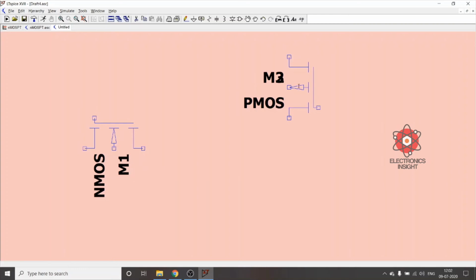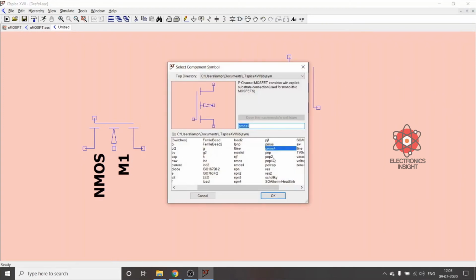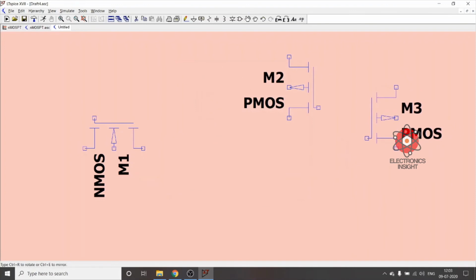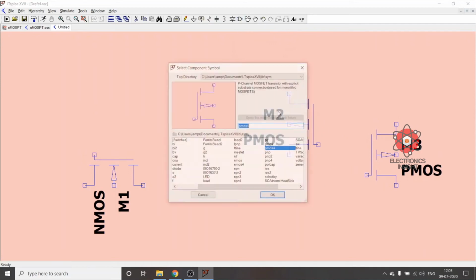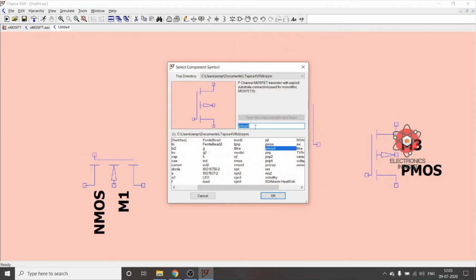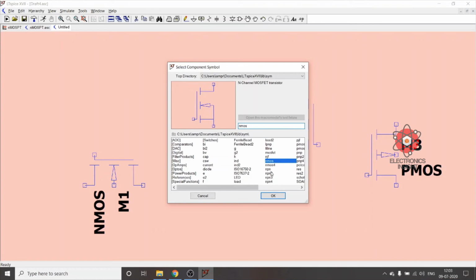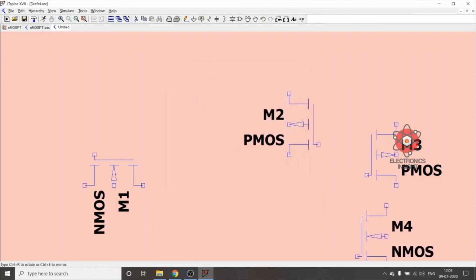And then we need a CMOS inverter here that has to be connected with this feedback pass transistor, the PMOS transistor. So again we need to choose one PMOS. We will set this PMOS here, and then we need one more NMOS to complete the CMOS inverter circuit, so we'll go for NMOS.